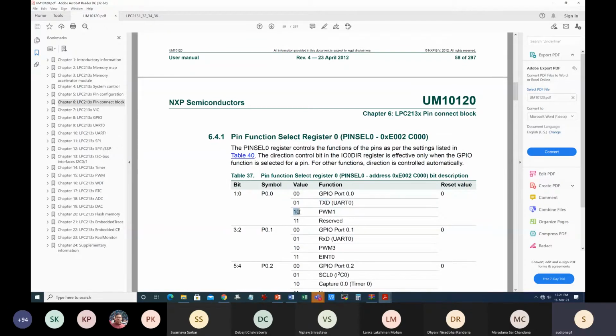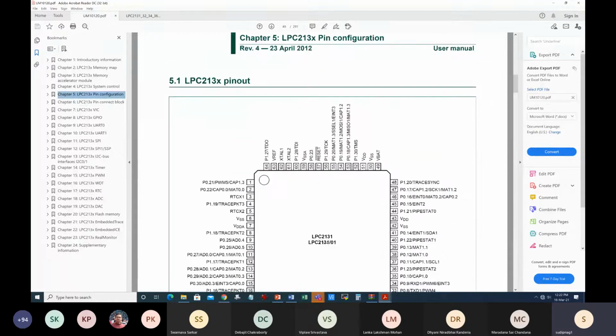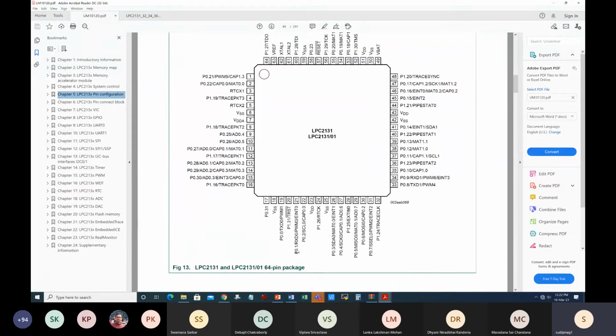And 10 for this port pin cell zeros, bit 1 and bit 0 will make it a PWM channel 1. And since there are only 2 alternate functions, the third function is missing, so it is called reserved in this case. Similarly, if you go to the pin configuration and look for pin P1.1, it has 3